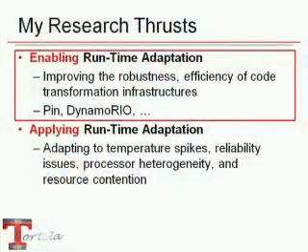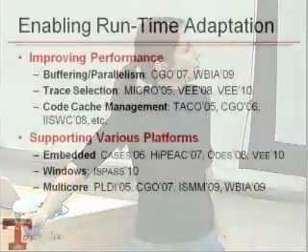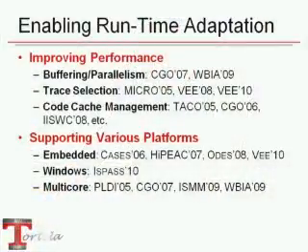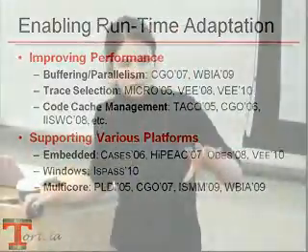So let me start off by giving you an example of some of the things that had to be done to enable runtime adaptation, some of the things that we've worked on to deal with Pin. That pretty much gets boiled down into two categories. We're either trying to get it to work, on Windows, on multi-threaded applications, right? Or we're trying to get it to work well, getting it to speed up. So half of our work is on improving performance, half of our work is on just supporting all the different platforms. Okay. So let me tell you about a few of the problems we've looked at in terms of improving